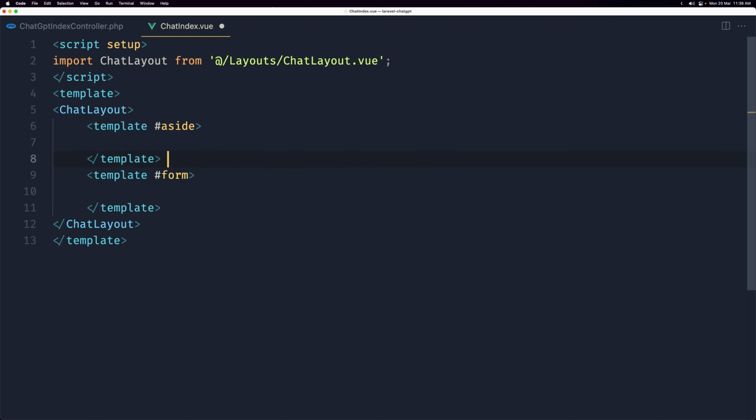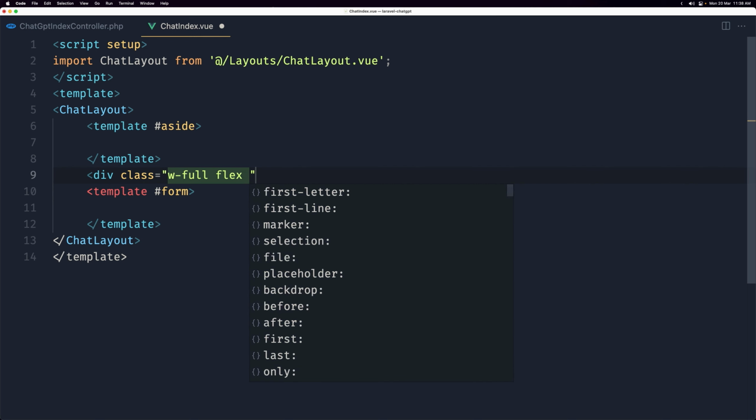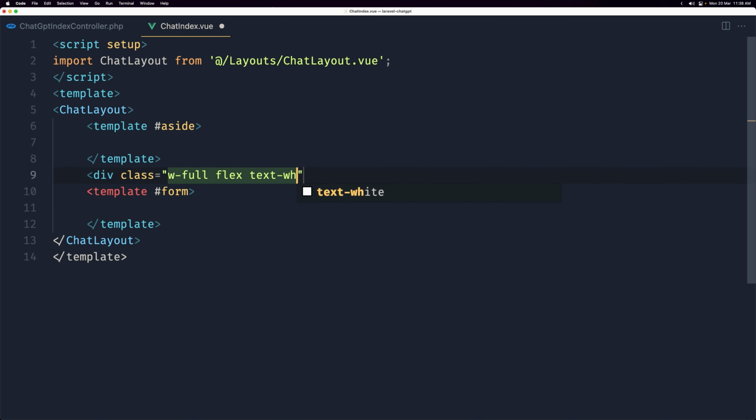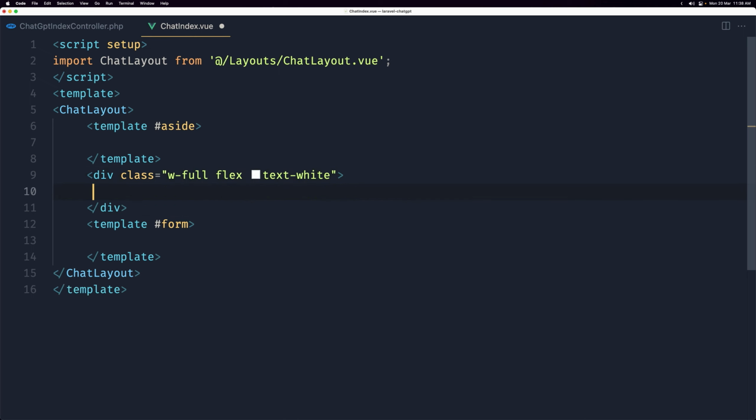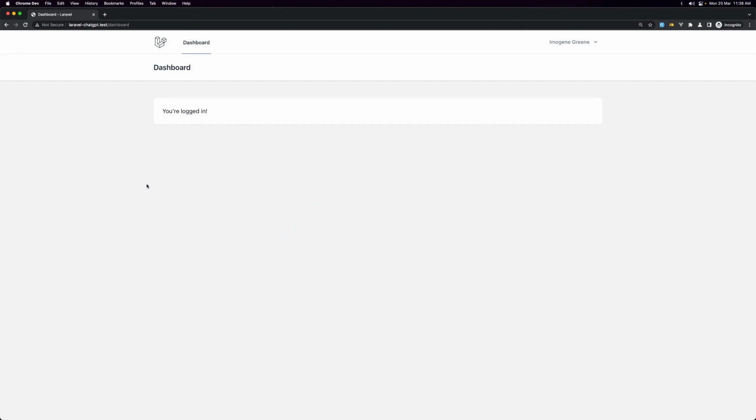And inside here, I'm going to add a div with class to be, let's say, full flex, and let's say text to be white. Okay. Now here is going to be all the messages. We are going to have the history if we have a chat, because if it's new, we don't have that. Good. If I save now as it is, and let's open the browser, we need to go to the chat,